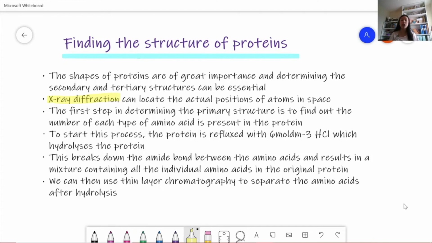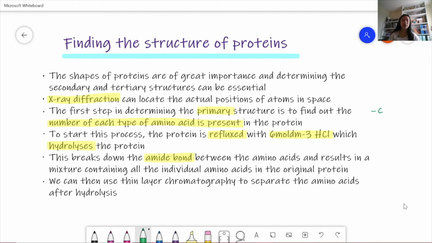The first step in determining the primary structure is to find out the number of each type of amino acid present in the protein. And so what we do to start is that we reflux this protein with 6 moles per decimetre cubed of hydrochloric acid. And so what we're doing is hydrolysing the protein. So it's equivalent to boiling the protein for 24 hours. And this breaks down the amide bond. So it breaks down the peptide link that we've seen,